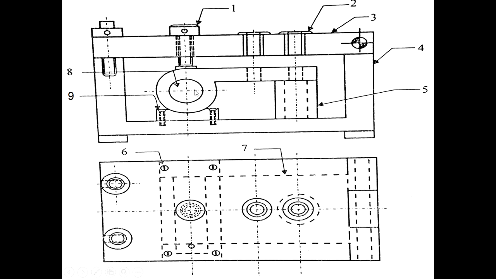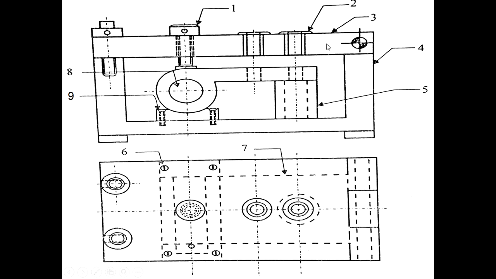So for locating we use 3 ways. First is the internal diameter we are using for locating, so internal locator number 8. Second is the profile locator, and third is the supporting block. So this number 5 is the supporting block we are using for location, and whatever degrees of freedom are remaining we are restricting by clamping from the top side. Okay, so from this top side we are using the clamping arrangement.